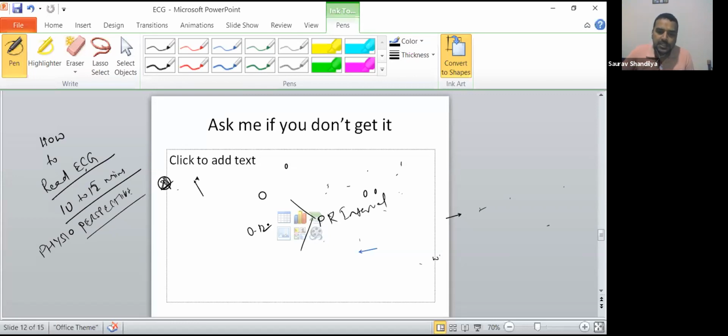Generally PR is 0.12 to 0.2, I told you that time, 3 to 5 small squares. Okay, if somebody asks about heart block, now learn: if it is more than 0.2 second, it's the first degree heart block. If it is less than 0.12 second,